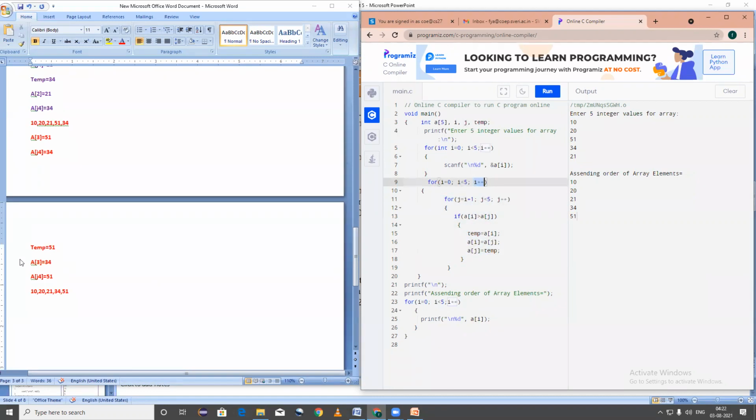Now currently I was having the value of I variable, that is 3. Now here A of 4. So what is the value of A of 4? 51. That is the last value. 0, 1, 2, 3 and 4. So what is the value of A of 4? 51. बरोबर का? Yes, sir. Okay, now check. Is 4 less than 5? ही condition true आहे का false आहे?